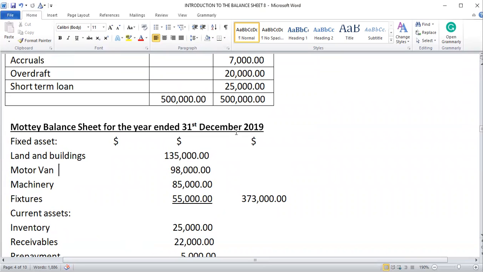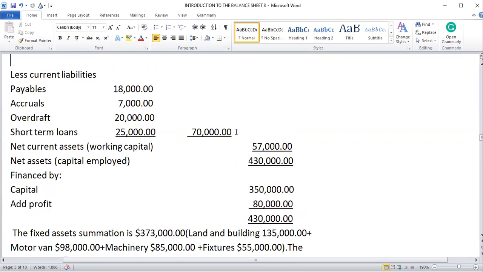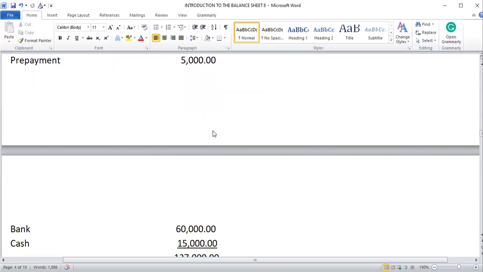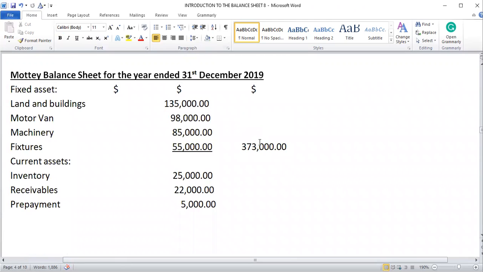Then we have to sum it all. We have $70,000. Then we have to deduct it from the total current assets, which is $127,000. So $127,000 minus $70,000, we arrive at our working capital of $57,000. Next, the current or working capital is $57,000. Then we add it to our total fixed assets or non-current assets, which is $373,000, to get a capital employed